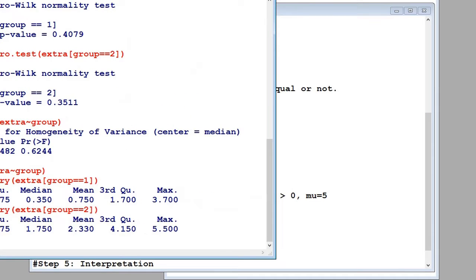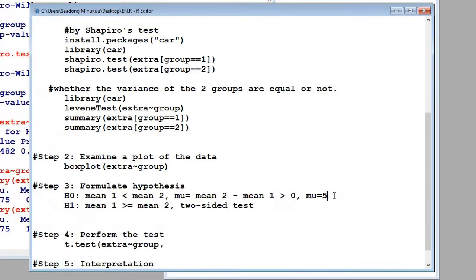But the problem is that the difference of these means here is actually the population mean. So the value that we are giving is just an assumption, and it's not a precise value, because we are not talking about sample means, we are talking about the population mean. So we could assume that the difference between m1 and m2 should be 5, since our null hypothesis is that mean 1 is less than mean 2, based on